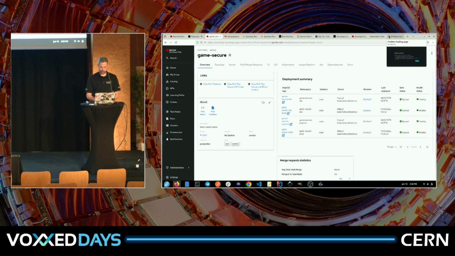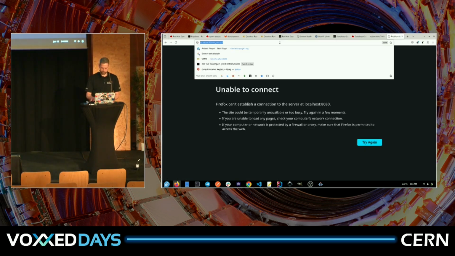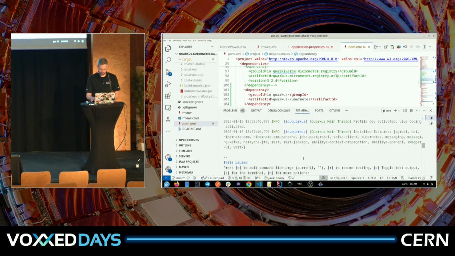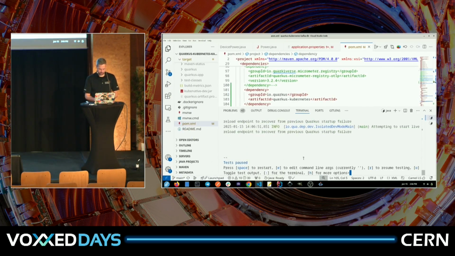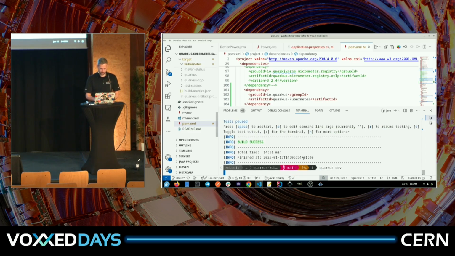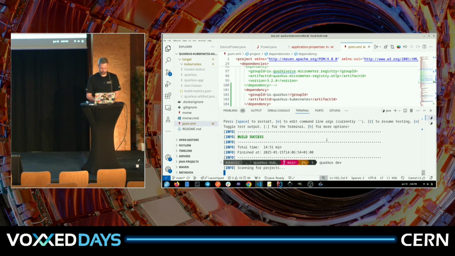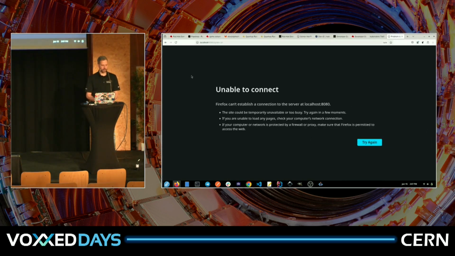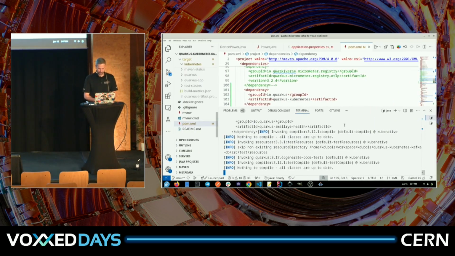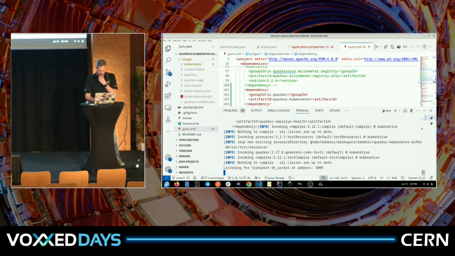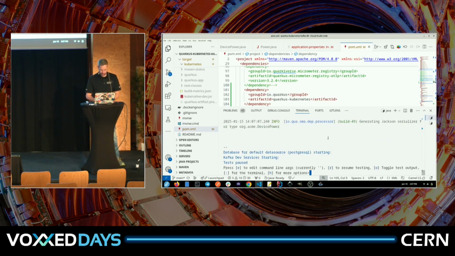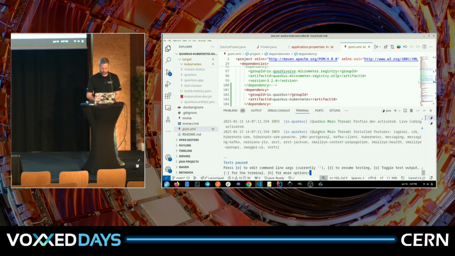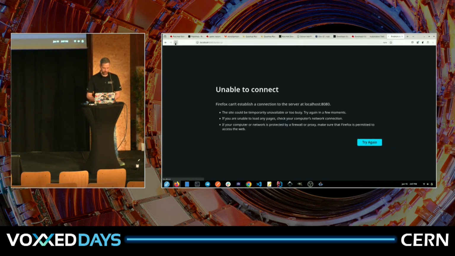maybe if it wants to run. If not, we'll have to give it a little kick. I'm just going to start up the dev mode again. Usually you don't have to do that, but of course we're doing live demos, and all sorts of fun things happen. Okay, just one more second. There we go. It's starting up the dev services for Kafka and the database, and then let's hit refresh,